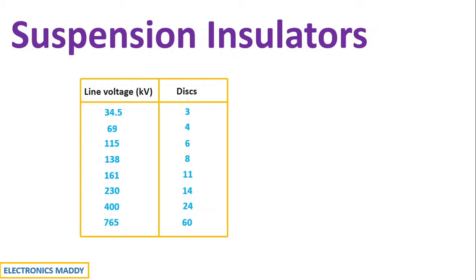If you carefully observe, people most often don't transmit between 33 kilovolt and 66 kilovolt. For example, 44 kilovolt or 55 kilovolt is not being used. It's because of a simple, straightforward reason that is there in front of you. So with 4 discs, we will be able to transmit up to 69 kilovolt. So why should we go with lower voltages like 44 or 55? We're not utilizing them to the maximum extent, isn't it?